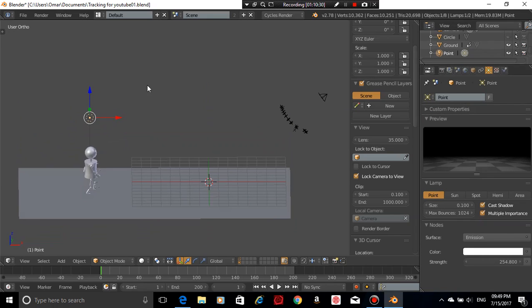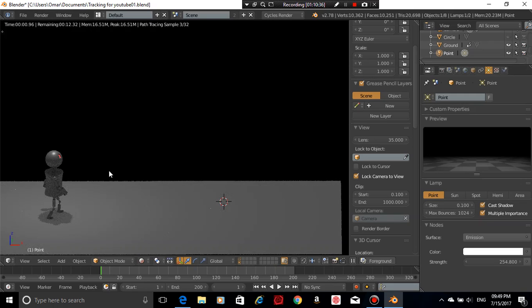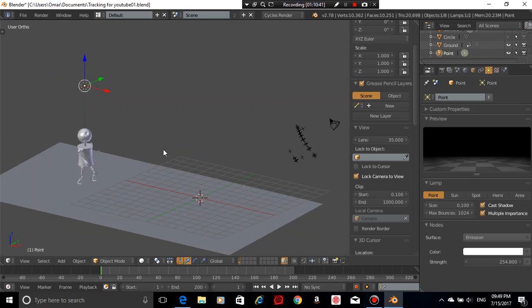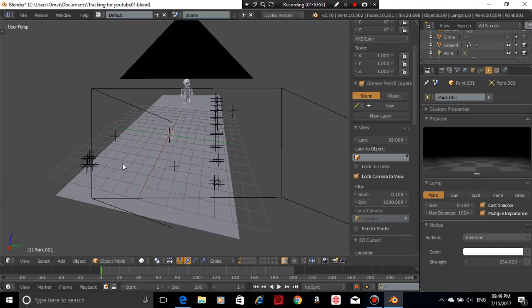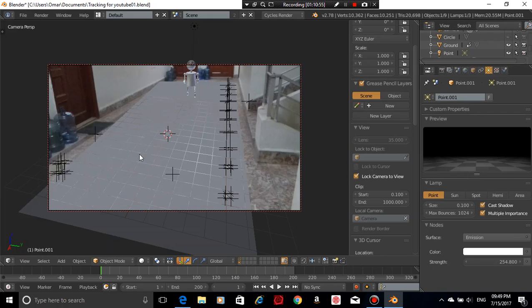Just make this one a bit over. Now if I went to Shift Z, you can see, yeah, that's it. Then you can just do the same, Shift D, move it, oh, that's too much. Move it to about right here. And now if I just pressed F12,